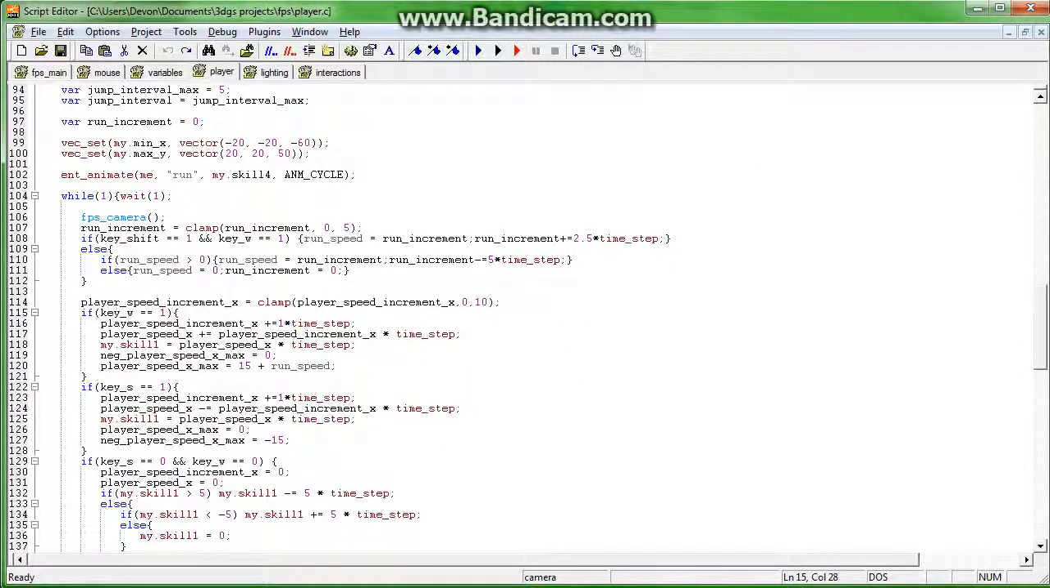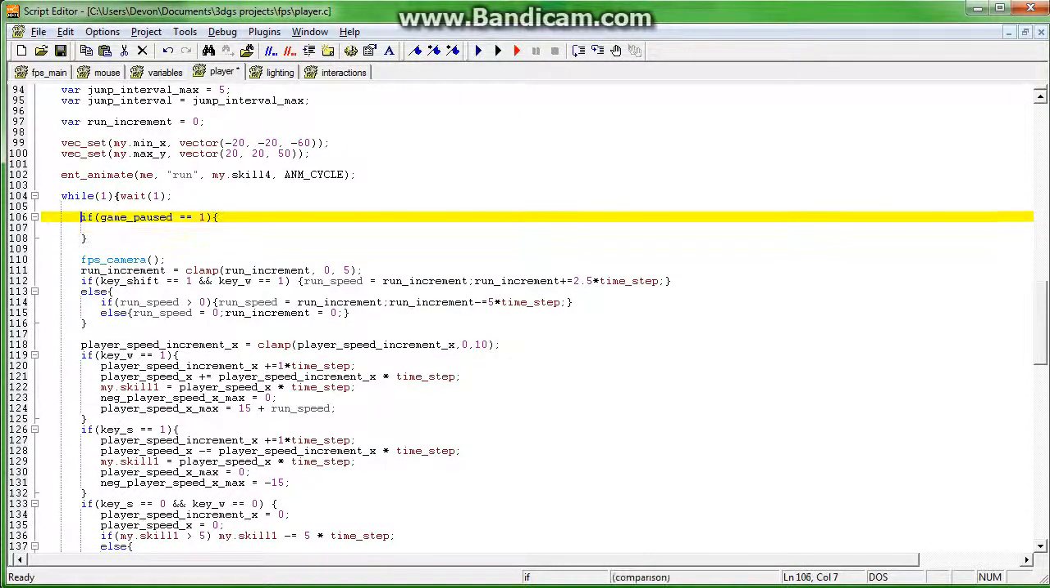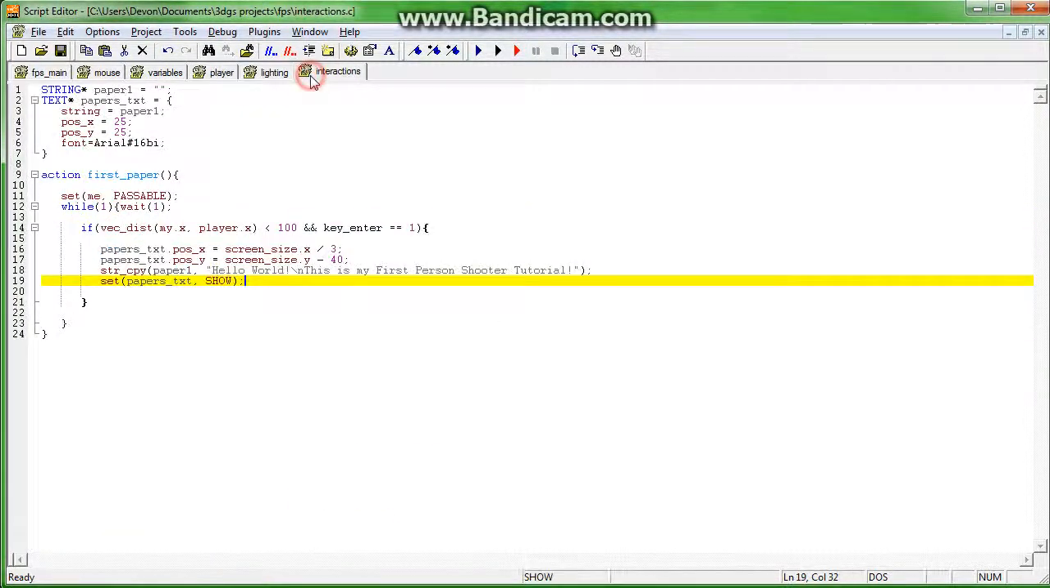So what I like to do is right here say that while game paused equals 1, we can make it one line, wait 1. So this way, as soon as the game is paused, so will the player be. Right, so that puts them in this loop. So if you wanted, you could have some basic commands for the player while the game is paused. So now that we have the player paused,